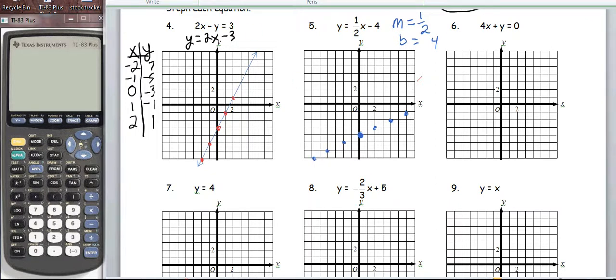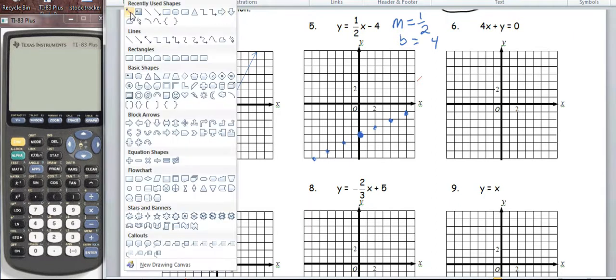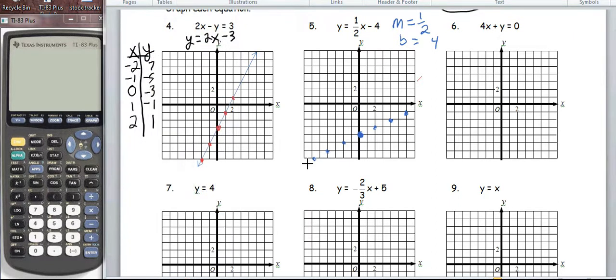And then of course I'm going to put in my line, and make sure it goes all the way across. I'm going to let you do number 6 on your own. Let me do number